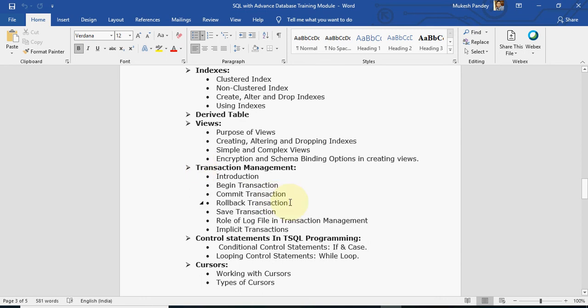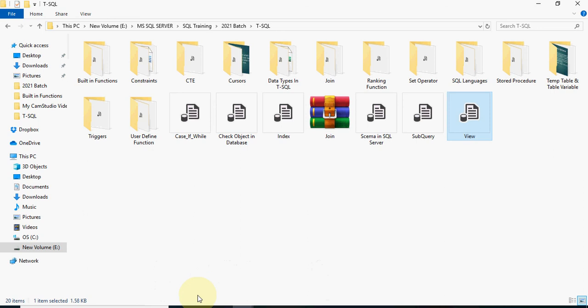The next one is transaction management, the TCL commands, right? With transaction management, when can we use rollback, and when can we use commit transaction? Do you have any idea?